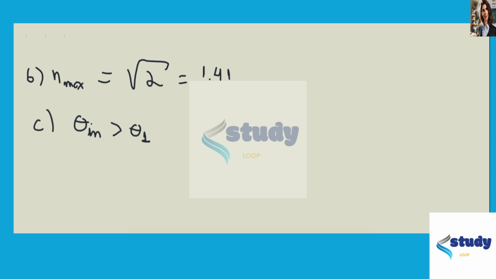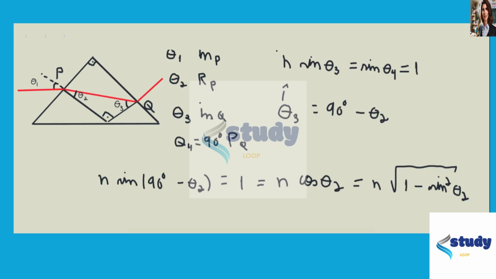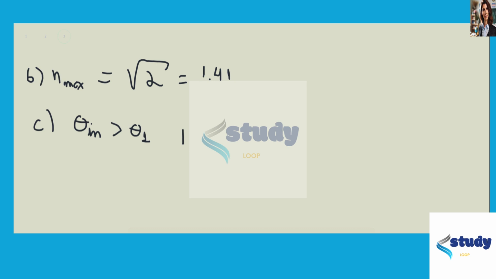This means that θ3 prime will be less than θ3, and because of that it will be less than the critical angle,